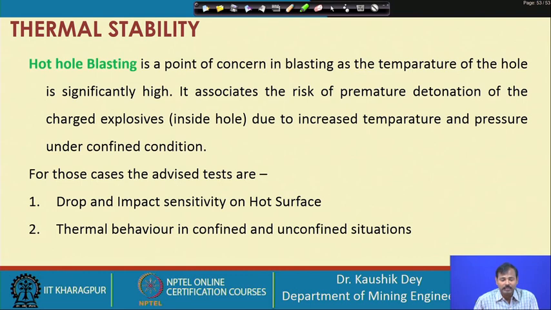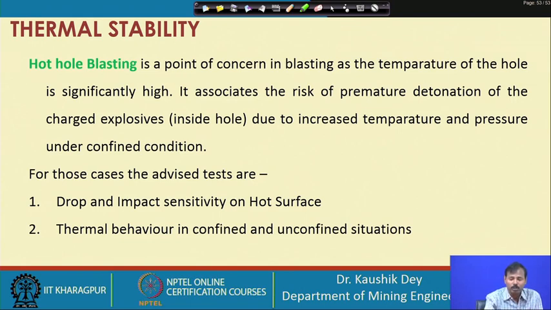and as the temperature of the hole is high, if we place our normal explosive inside that hole, that means the hole is charged with the normal explosive, there is a chance that the explosive may be prematurely detonated because of the heat which generates gas from the chemicals of the explosive, and under confined condition the pressure will build up. If the pressure reaches the detonating pressure, the explosive will be initiated. So, that may be a premature detonation condition, and everyone carrying out hot hole blasting must be careful about this.